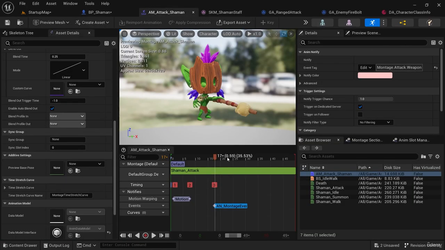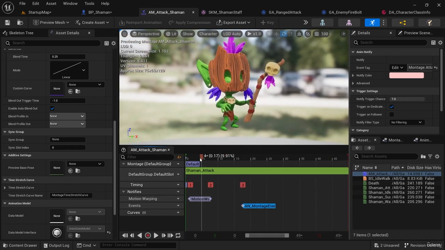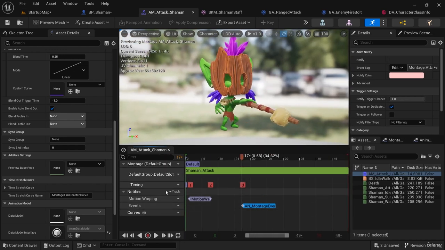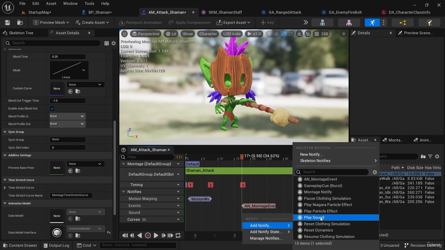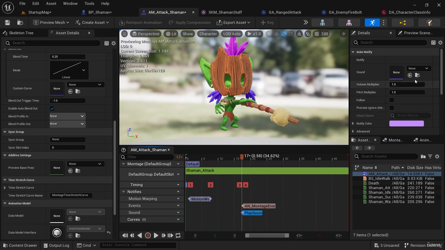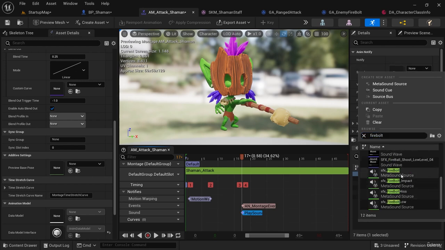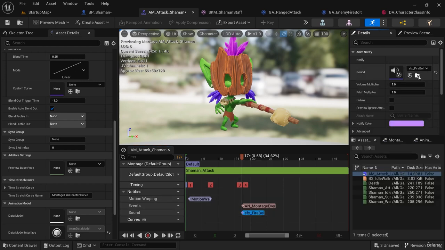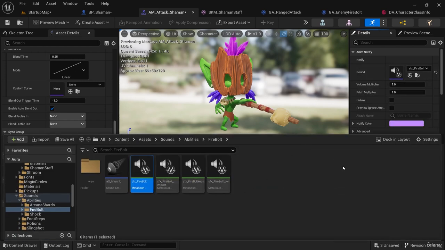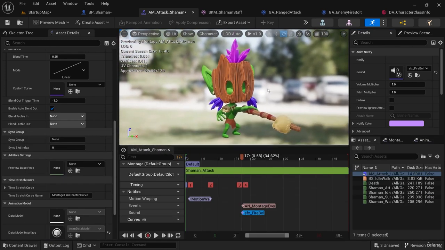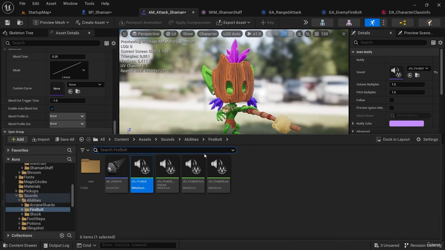We can go to our montage for our shaman attack, and we can add a sound notify. I'm going to add a notify track for sound, and right-click here, add a notify play sound. And for that sound, I'm going to search for fire bolt, and here's SFX firebolt, and we could browse to it and hear it. That's what it sounds like. So I'd like that for my shaman, but I'd also like to go to my assets,